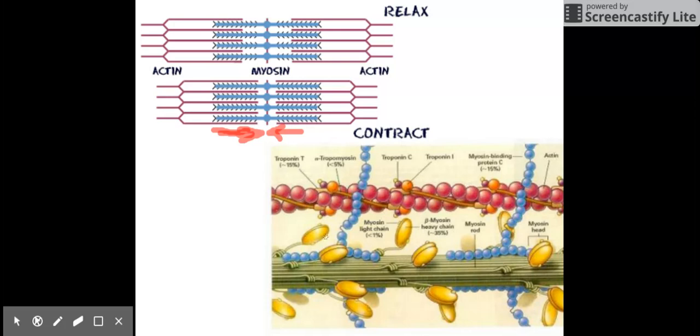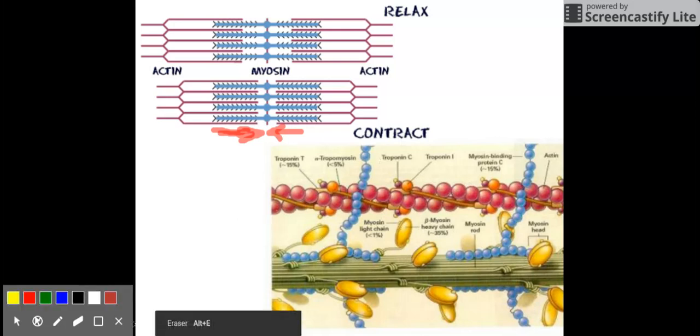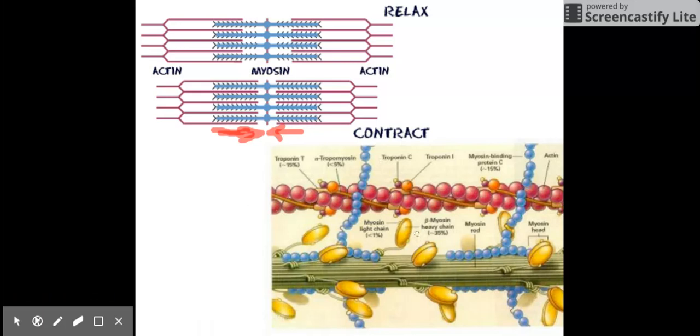So let's talk a little bit about the releasing mechanism here. What happens is ATP attaches to the myosin and actually causes it to release from actin. This is why you get cramps when you run out of oxygen, because you don't have enough ATP to stop that contracting. I've run out of time on this video, and